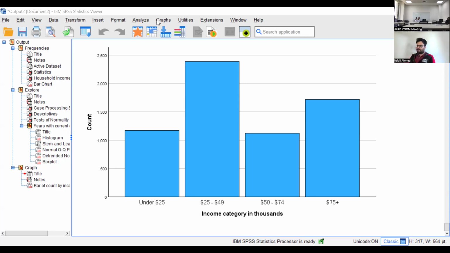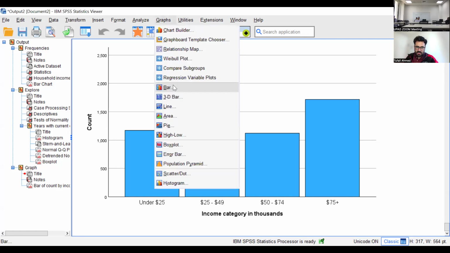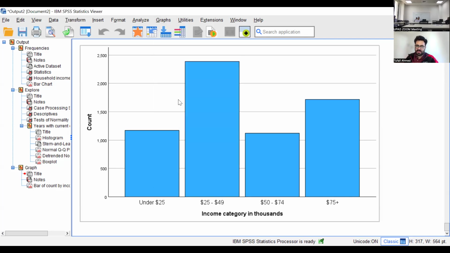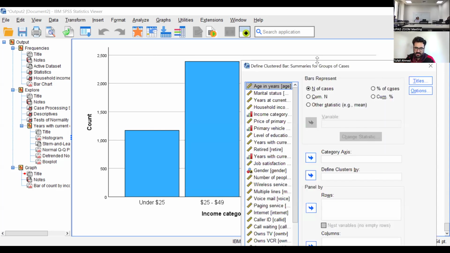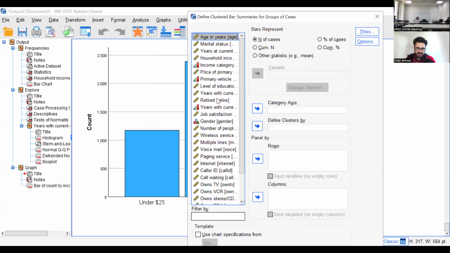Based on your research, you can then see what this data actually shows. You can also use bar charts, the clustered one, let's say. If you want to show multiple categories, let's say male and female and then income categories, we can add them.